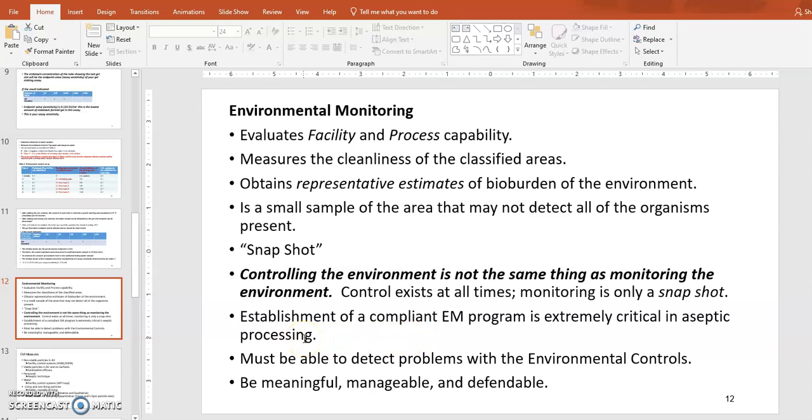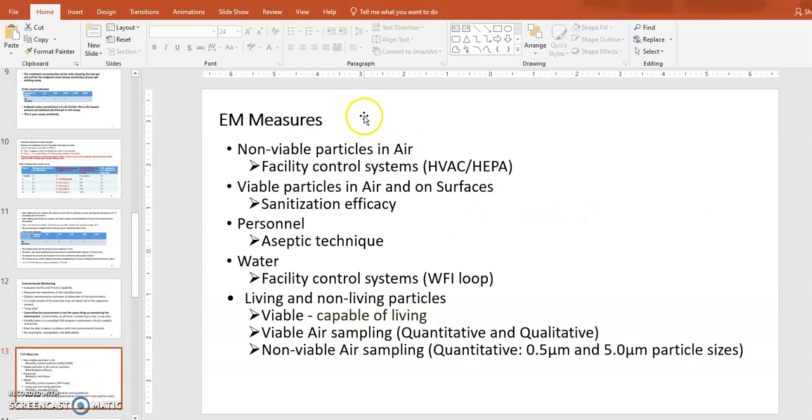So the establishment of a compliant environmental program is extremely critical in aseptic processing, because aseptic processing requires very clean conditions: clean space, clean environments, clean process, clean personnel. So you need to be able to demonstrate that by doing this. Okay. So what kind of things should be measured? You will be measuring